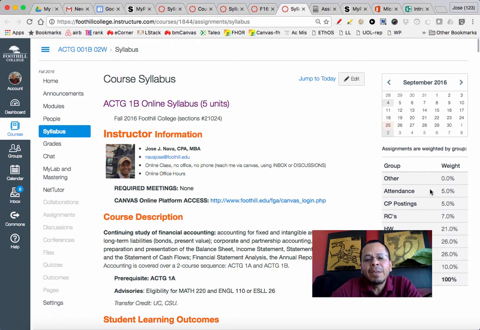Attendance means you're going to be logging into Canvas 3 times a week, once on Monday. Let's say this will be 33 logins for the whole quarter. If you do that, then you obviously are at 33 over 33, 100%. So 100% times 5 points for your attendance, you get the full attendance grade.